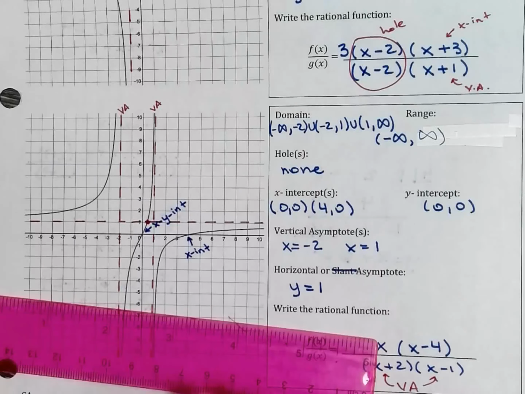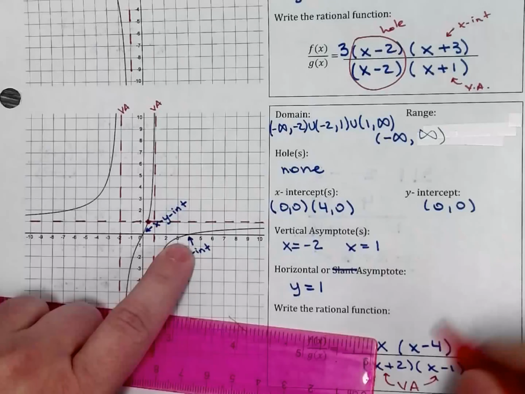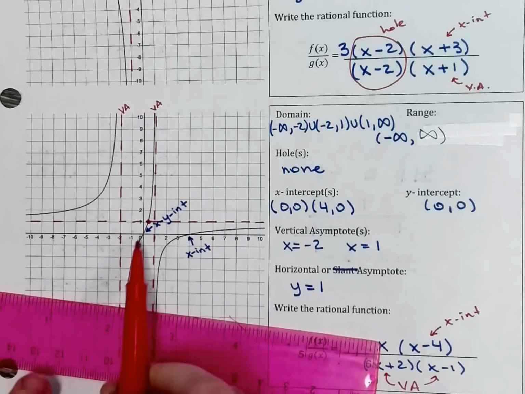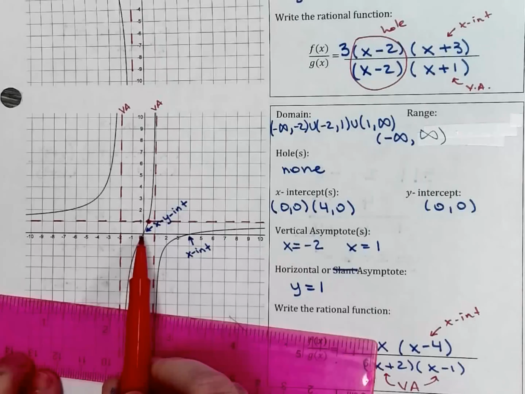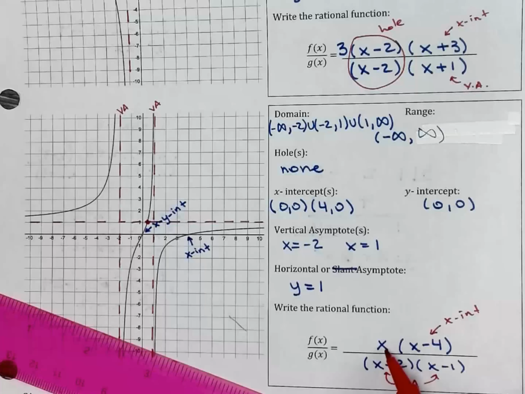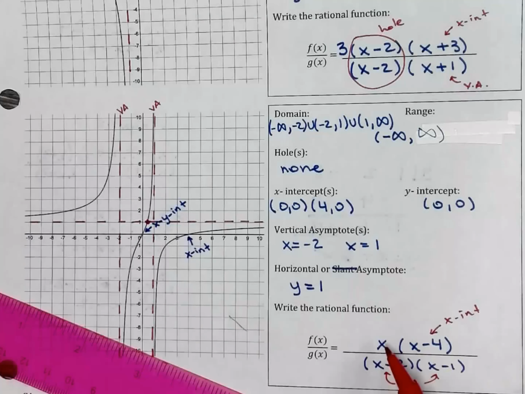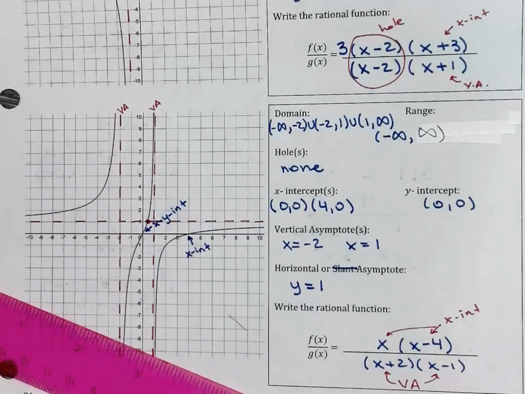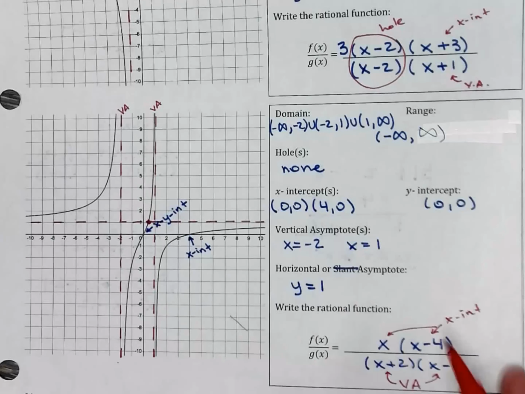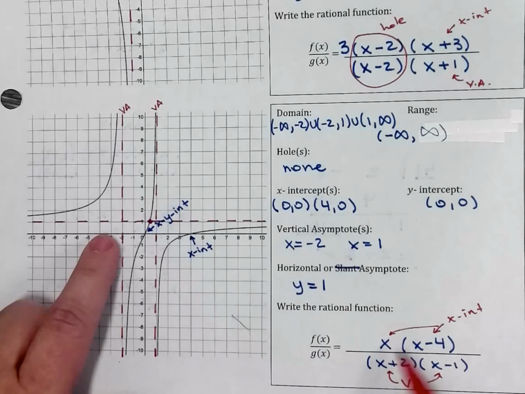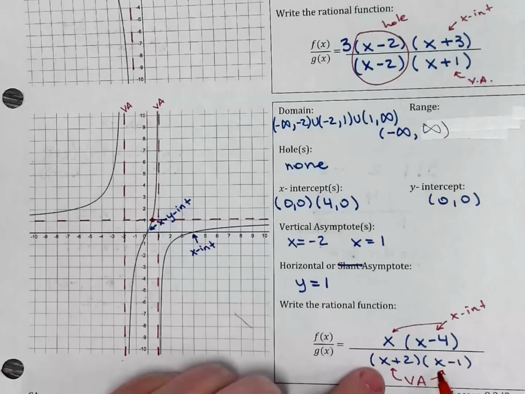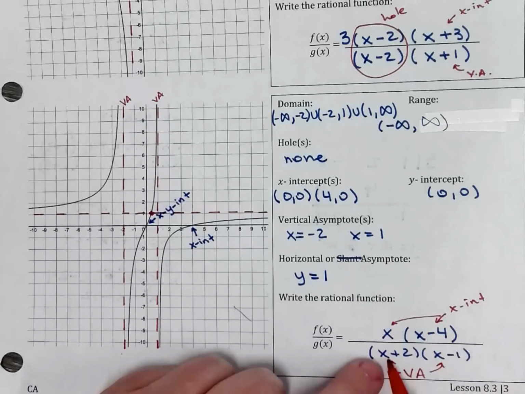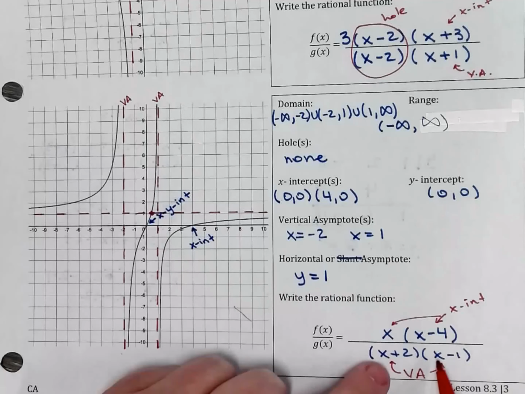And then I have the x-intercept at 4. And I also have the other x-intercept at 0. You know, x plus 0, that's just silly. We're not going to write that. So just x. And next, we're going to compare the degrees of the numerator with the denominator. And they both have degree 2, because x times x is x squared. Same thing for the